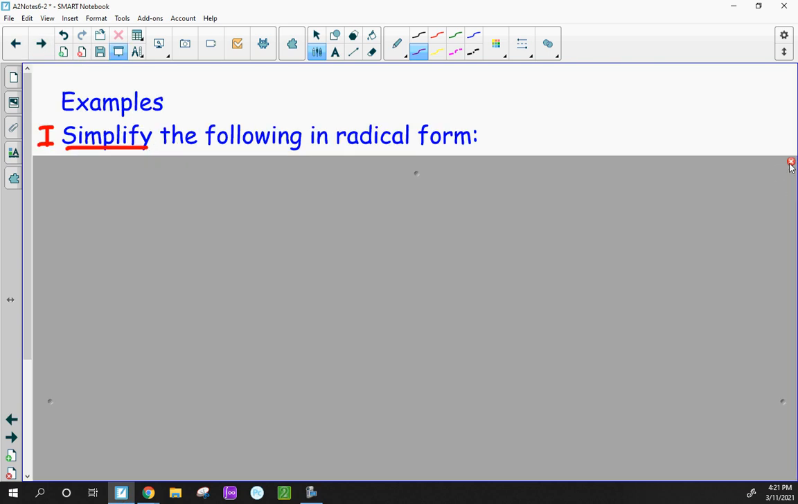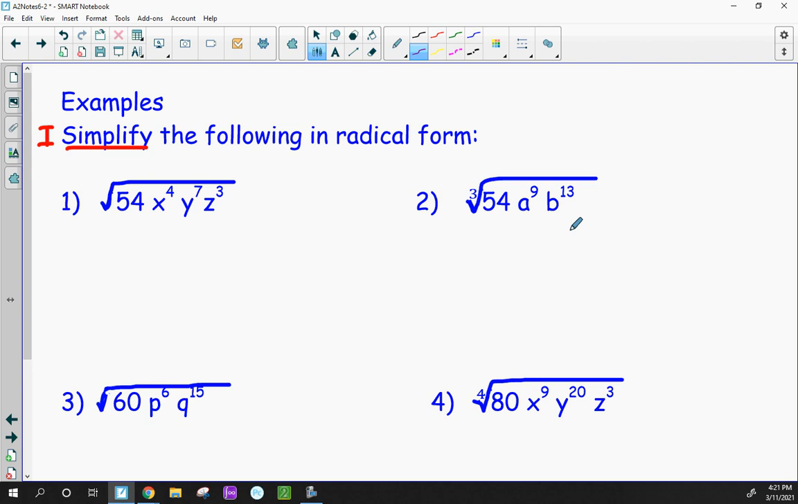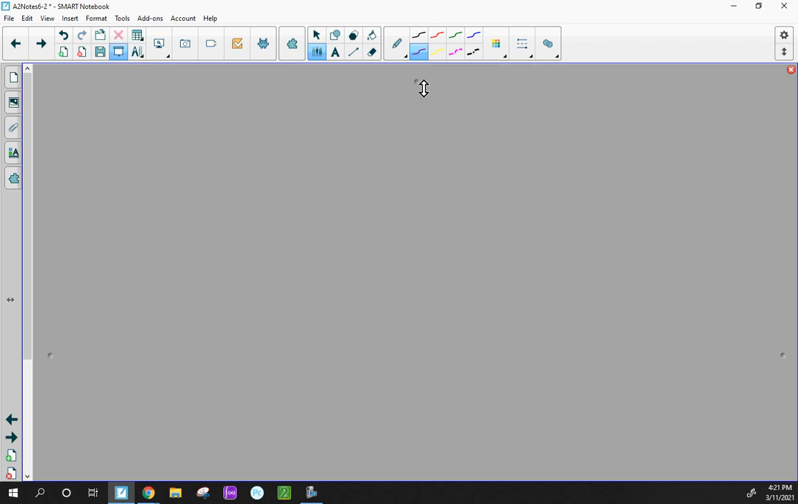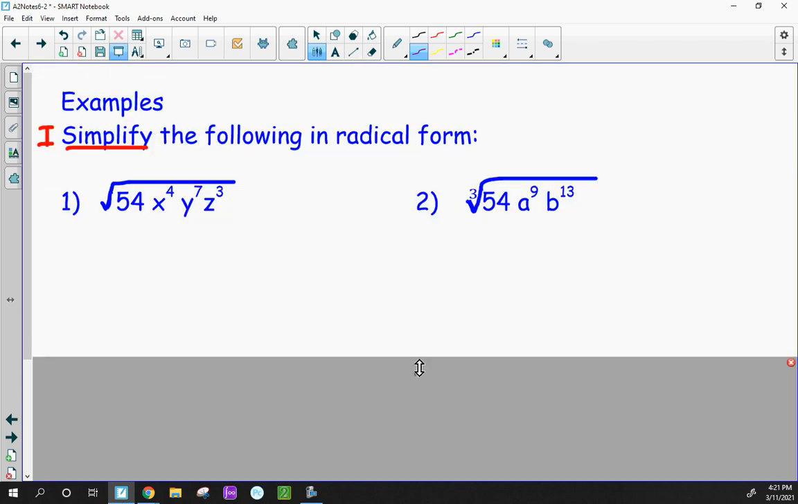Just a review on how to simplify radicals without a calculator, without giving a decimal answer. Question number 1, we have the square root of 54, x to the 4th, y to the 7th, and z to the 3rd. And recall from the past that we have looked at perfect squares before. And so when you're looking at perfect squares,